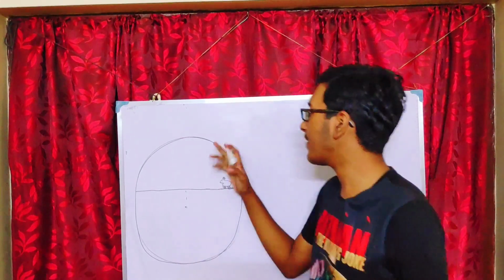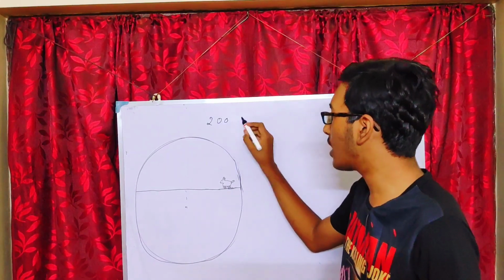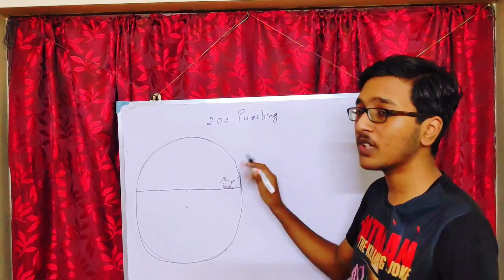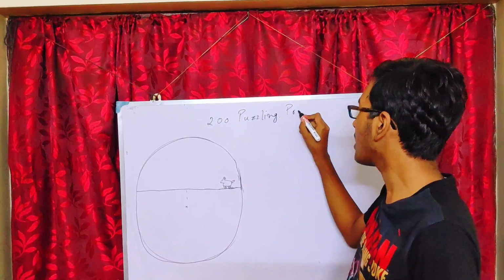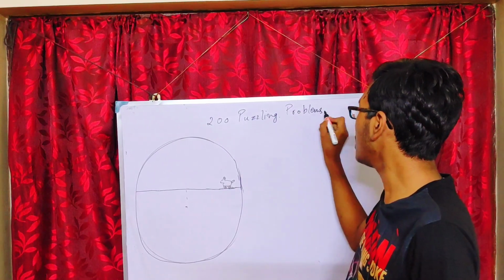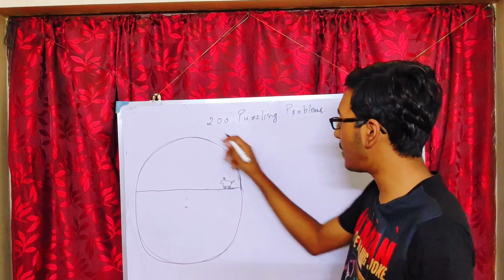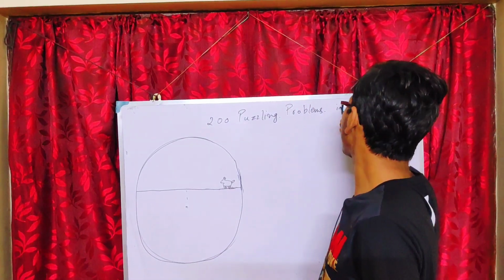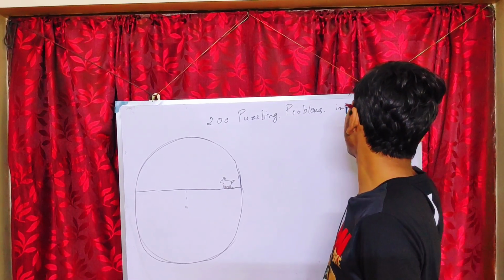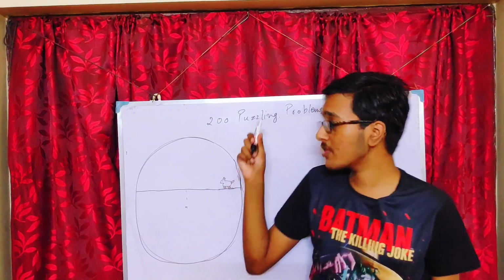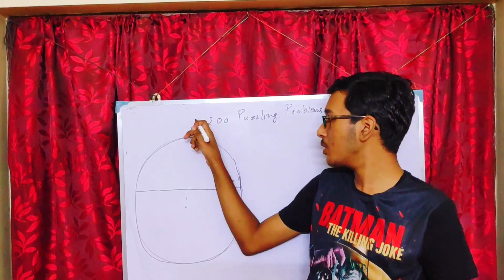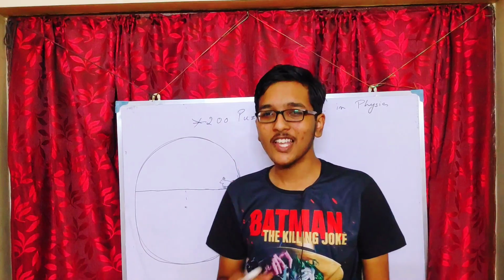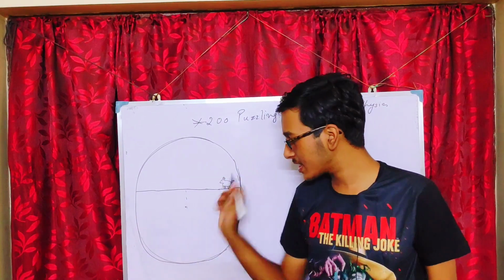So this problem I have taken from the book 200 puzzling problems in physics, right? And you should refer to this book if you love physics, right? And also this year in advance a problem came directly linked to it, means a smaller version of it. So this is a very good book, and I would recommend each and every JEE student to solve this book. And if you solve all the 200 problems, तो top 100 rank तो आ ही जाएगा आपका. So jokes apart, I would discuss this problem.